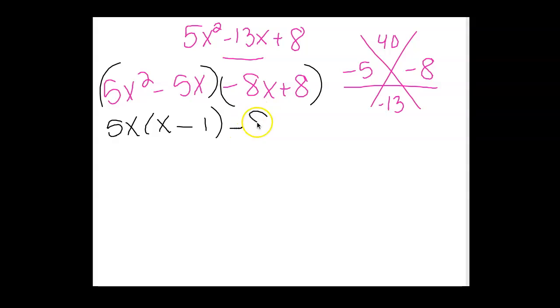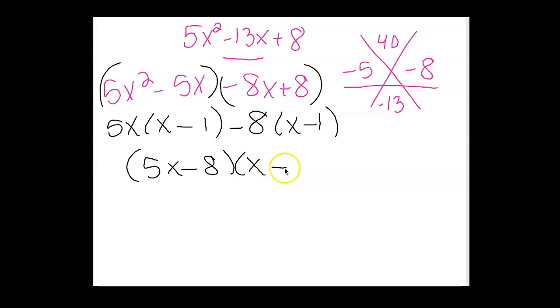This is going to take out a negative 8 and leave x minus 1. And again, you can see if you distributed that back in, you get negative 8x, positive 8. So that means in factored form, this is 5x minus 8